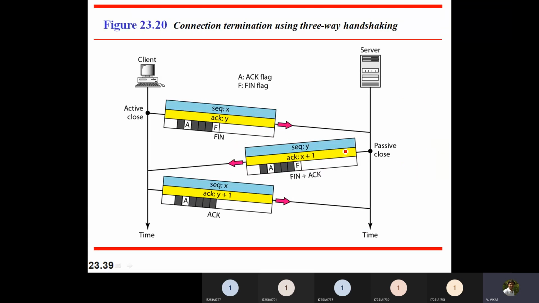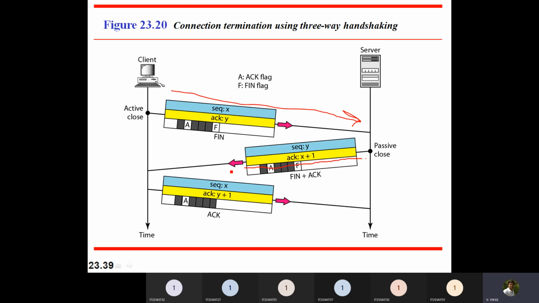Similarly, when I want to terminate the connection also, first someone will issue active close, like client is issuing active close. For example, if this particular packet is lost, then I can issue again. So to know whether it is lost or someone is responding, I am going to have this FIN plus ACK.